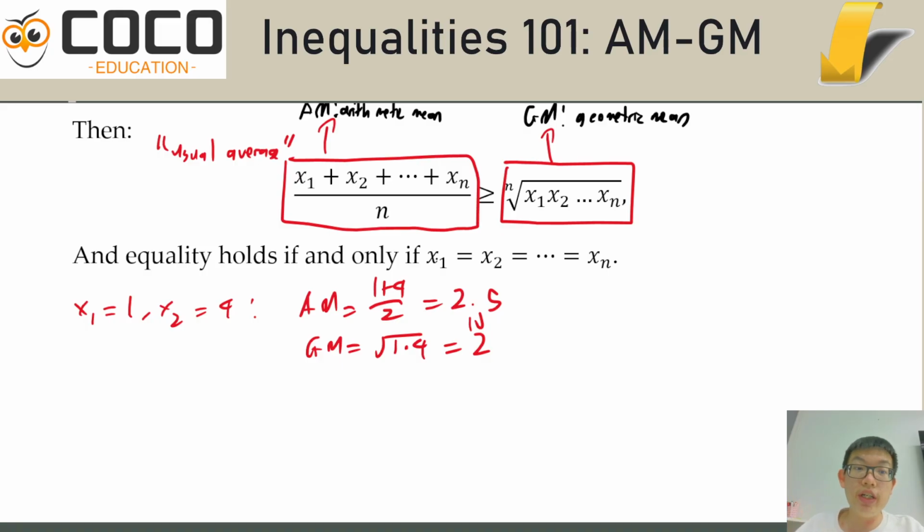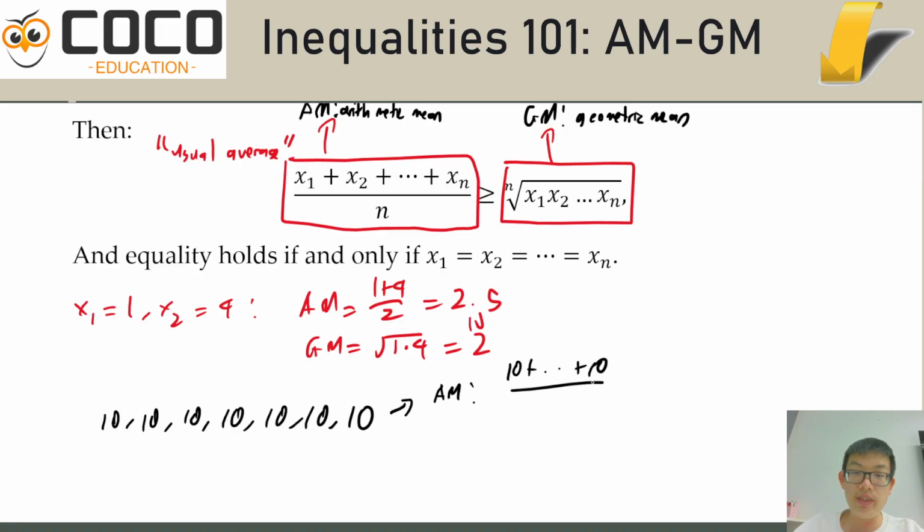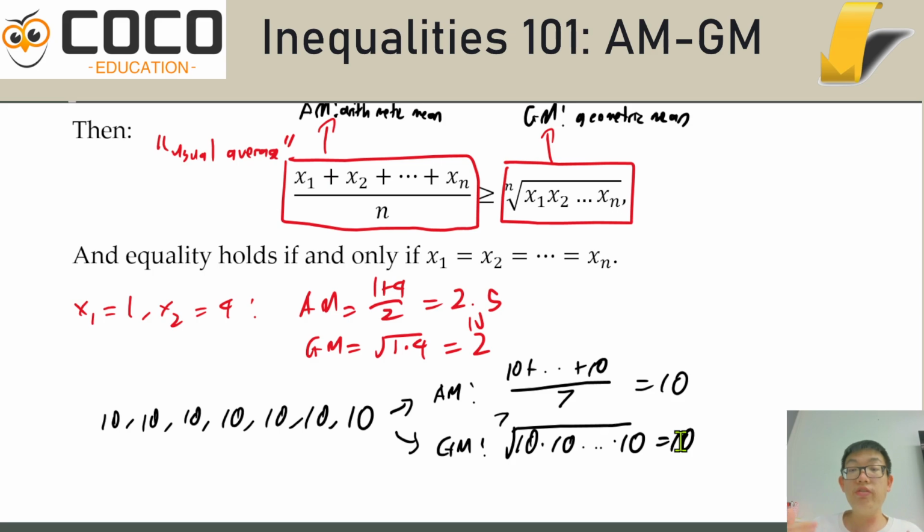However, the one thing that we would agree on is if I had a list of numbers 10, 10, 10, 10, 10, 10, 10, it had better be the case that any average of those seven 10s had better be 10. Otherwise, your understanding of average is complete nonsense. So accordingly, the arithmetic mean of 7 copies of 10 would just be 10 plus 10 plus 10 plus 10 plus 10 plus 10 plus 10 divided by 7, and that is 10. The geometric mean is, if you multiply 7 copies of 10 together, how do I get back to 10? I should take the 7th root, so it makes sense why your nth root shows up.